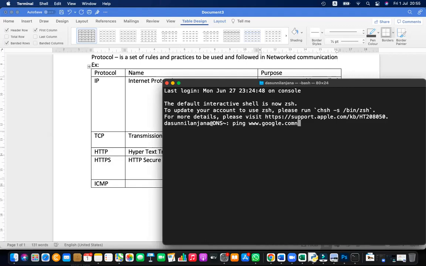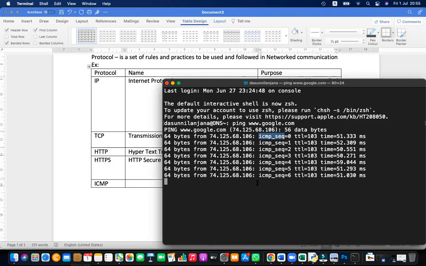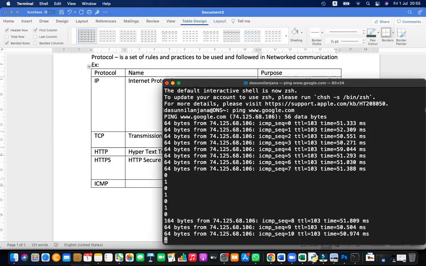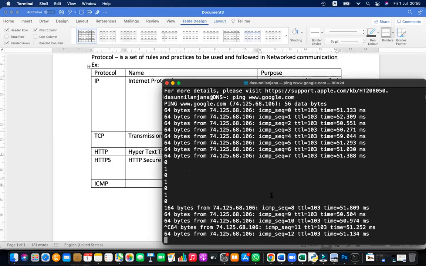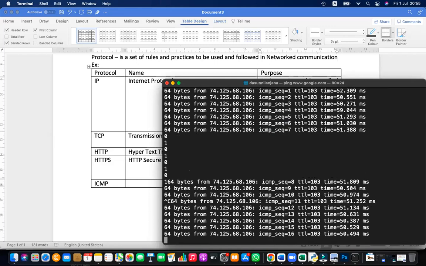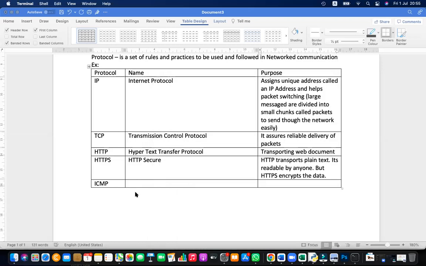You type it like that, and it says ping here. So this is ICMP. You can see ICMP says there is a connection. Yes, there is a connection. That is informed by these ICMP messages, which check the connectivity of the internet.